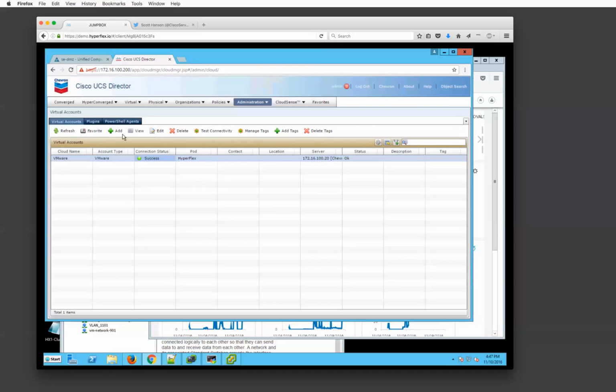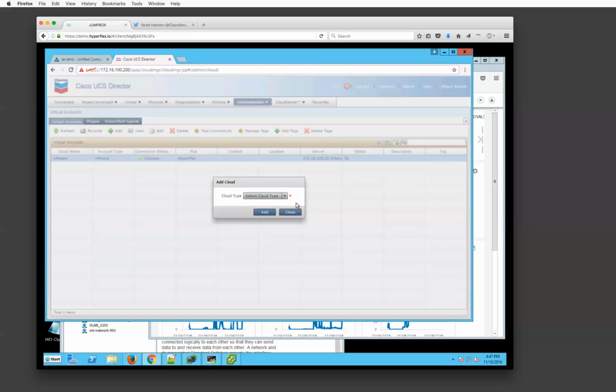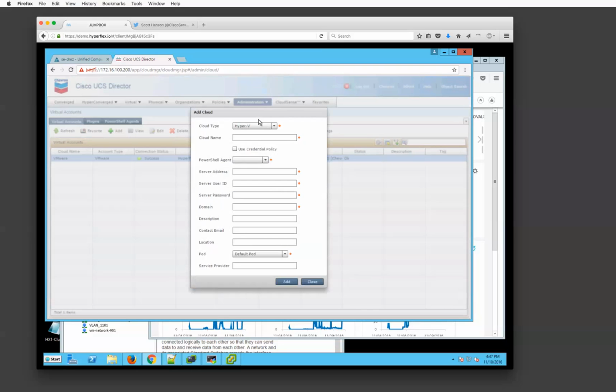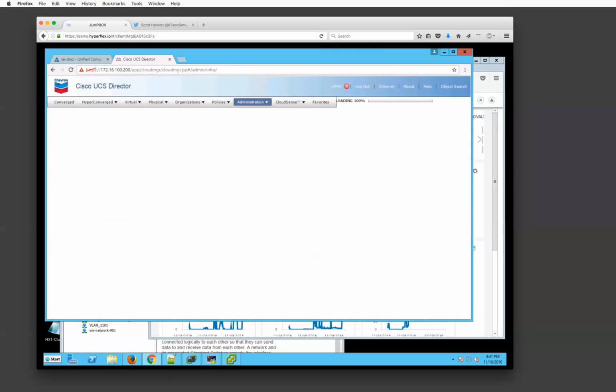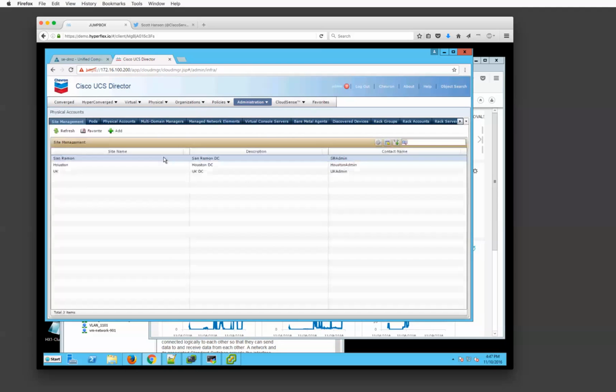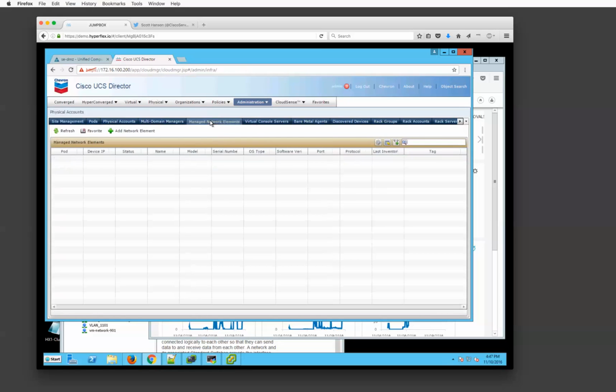And if I wanted to add an instance of Hyper-V, I'm going to do the same thing. I would give it the credentials for that. For physical equipment, it's the same thing, except it's under physical accounts. This is where my UCS Manager instance is defined. This is where my HyperFlex instance is defined. This is where I would define network elements. If I want to add a network element into the environment,